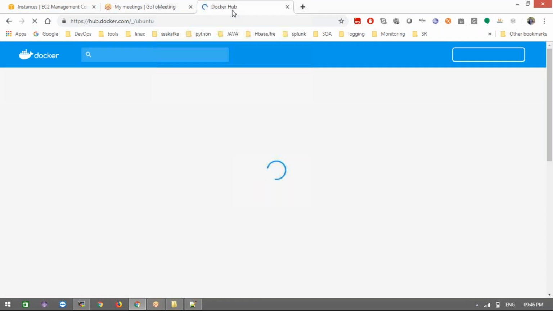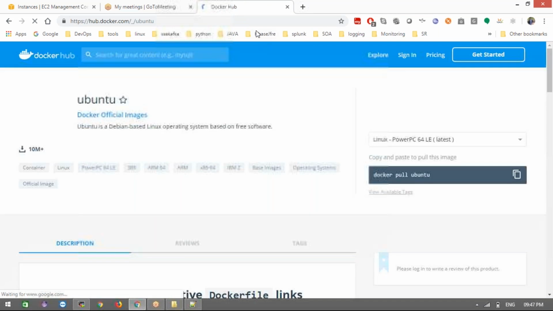They have already written the instructions they want in one Docker file and given that image. That image is publicly available, so we can use it, and after that we install our required software on top of this base image. Whatever image we use first, we call it the base image. See, this is the Ubuntu Docker image.